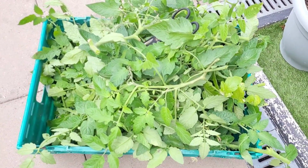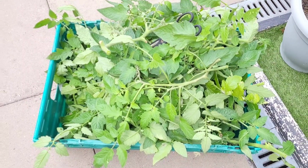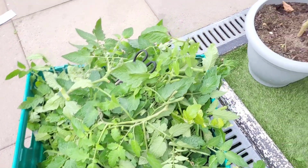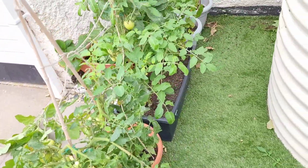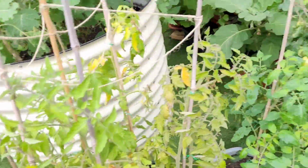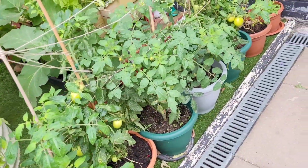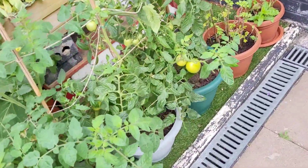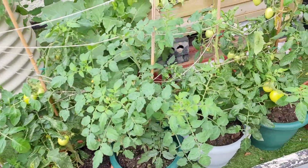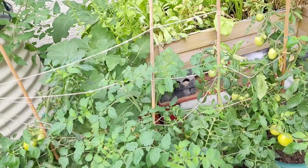So this is the amount. This is what we have harvested today, and as you can see down here, we still have some more tomato leaves to take off from all these tomatoes around here. I have harvested a lot of tomatoes. It's not like I haven't had any tomatoes, but I do have a lot